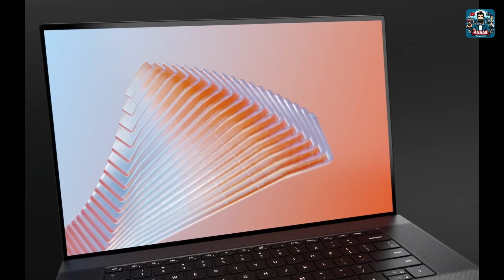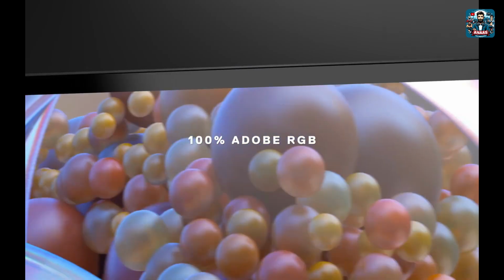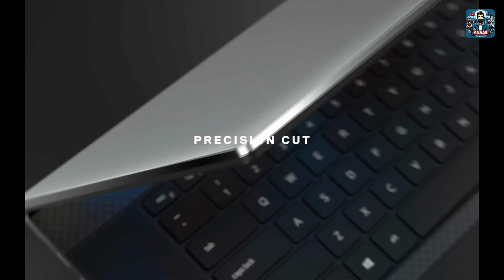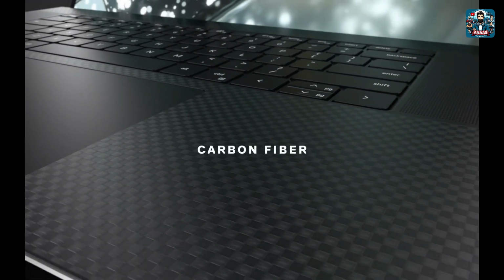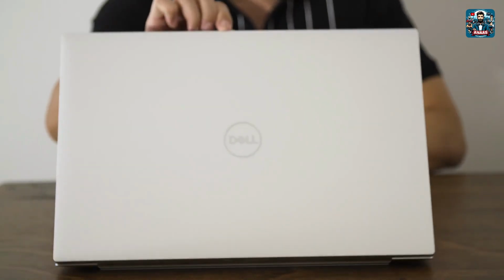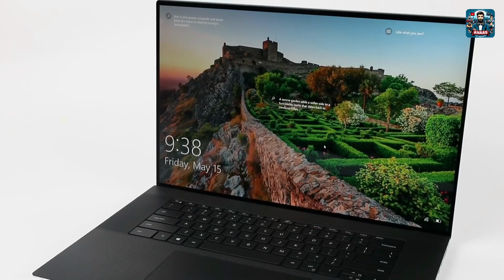Also, it seems that the model with an RTX 4050 is only available in the US. For UK and Australian readers, the base model starts with the more powerful yet also more expensive RTX 4060 GPU. In Australia, the base model comes with a 13th Gen i7 processor, RTX 4060 GPU, 16GB of DDR5 RAM and 512GB SSD storage for